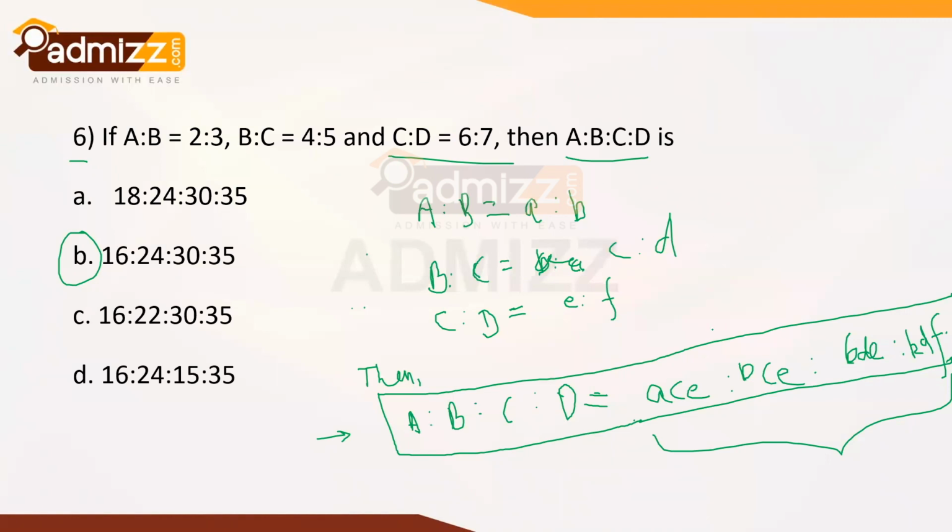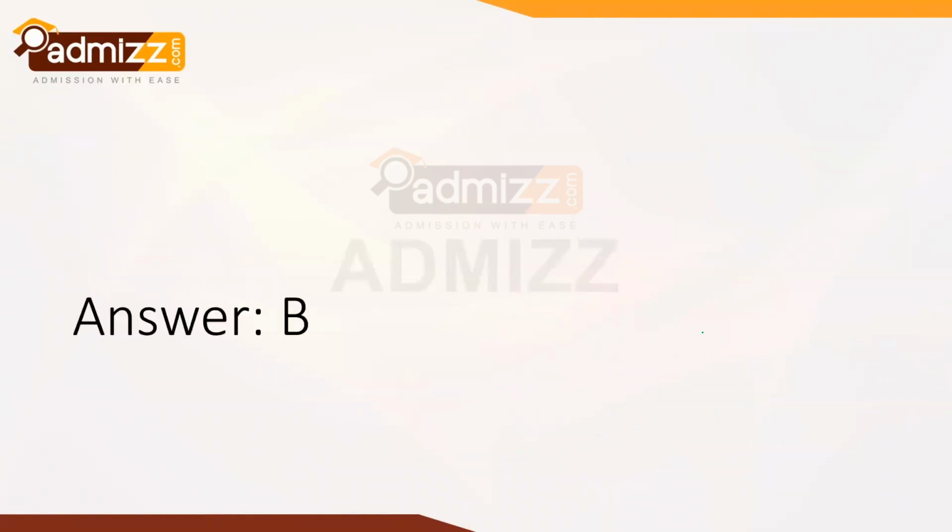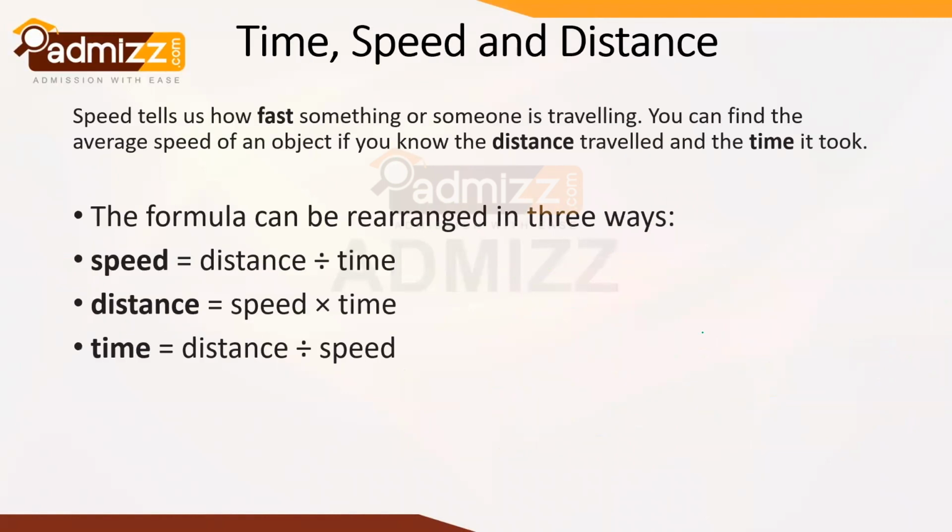All right, so with this question done, we have completed ratio and proportion. Now we'll be quickly moving on to time, speed, and distance without any further ado. In this particular section, there's only one formula that you need to remember, and that is